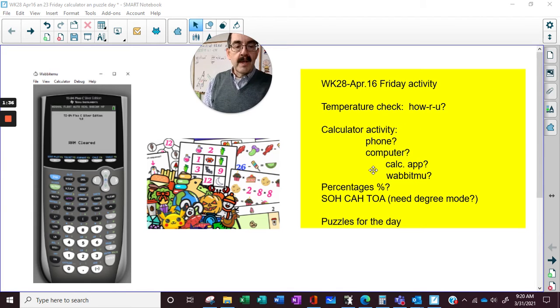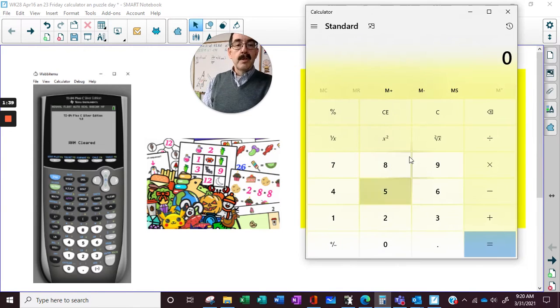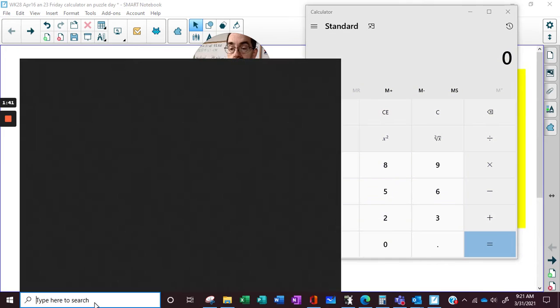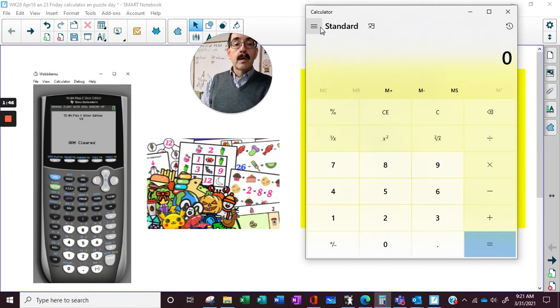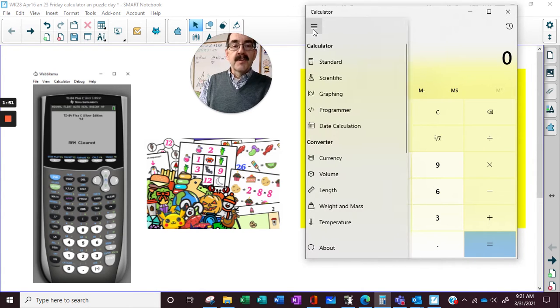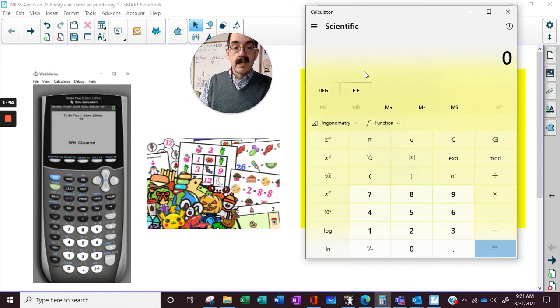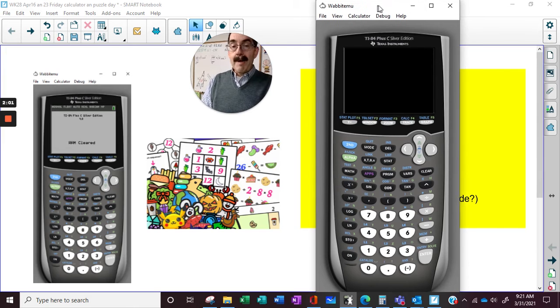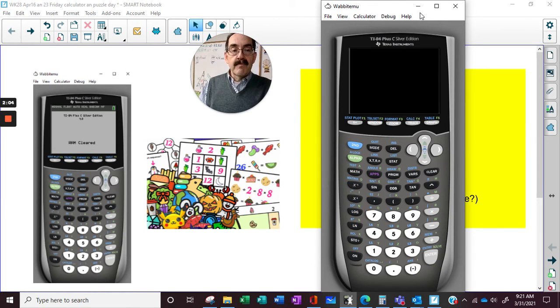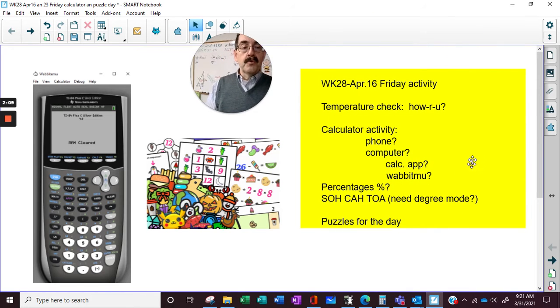Find a calculator that you're going to use on your computer, the desktop app, and you've got the standard and the scientific. We're going to need the scientific. All right? And many of you downloaded the Webbit. So find which one you're going to use, and then we'll be able to do a couple of different activities